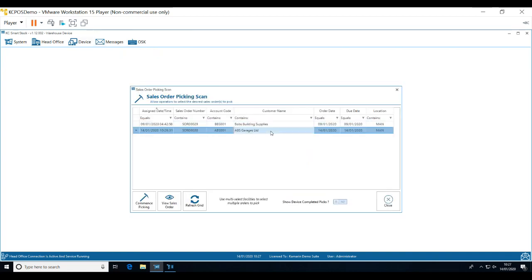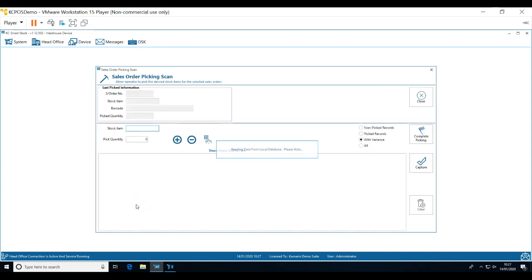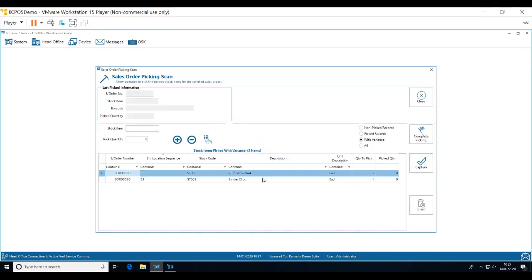So again, the 14th of the 1st, they can see they've got 2 orders here for picking. You'll see how quickly this is passing through. It's really efficient and a really quick way to get orders through to your team. They can now commence picking. See, I only had a couple of items on here, but